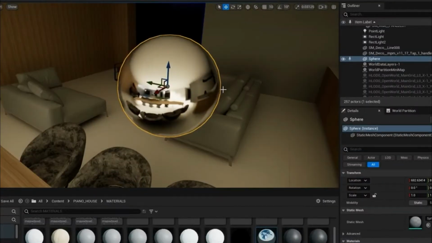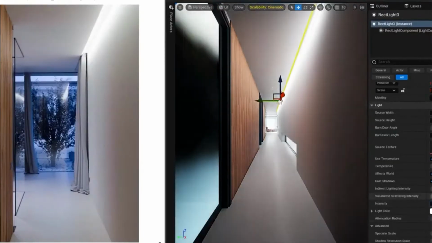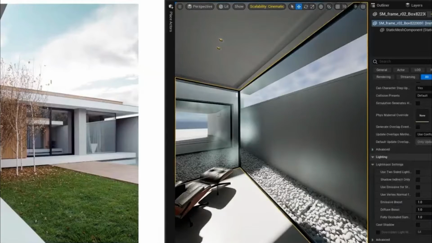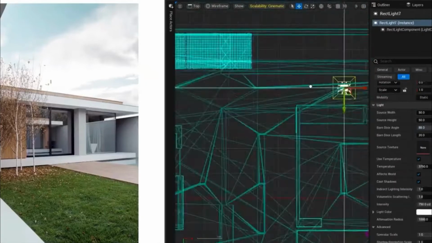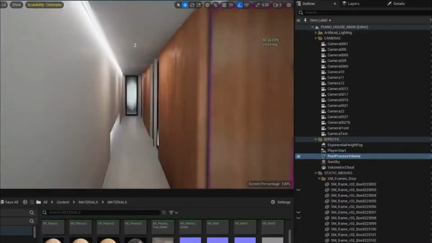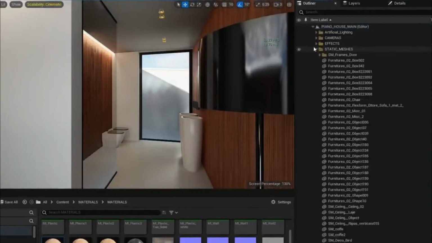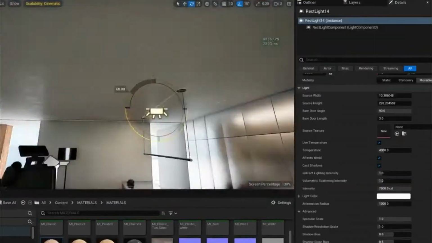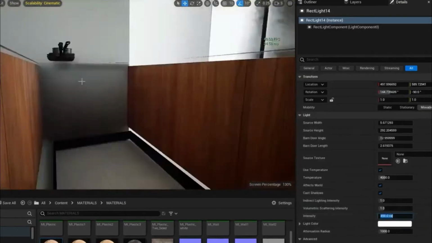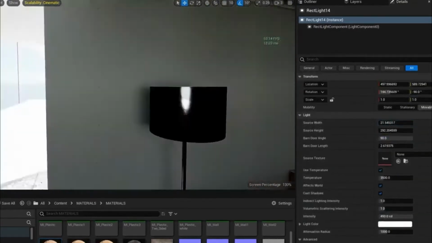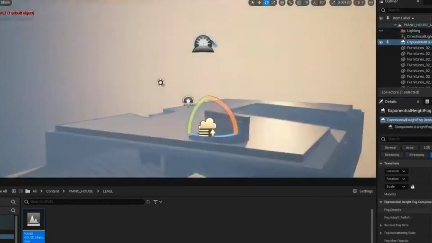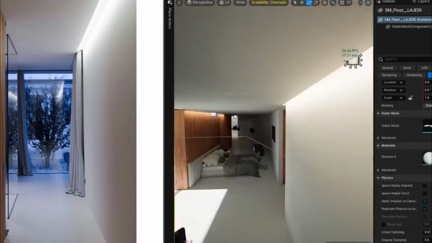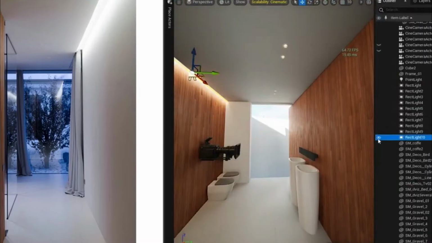Now this is a fascinating part of Unreal Engine 5. You'll be able to see how light behaves, how it bounces in real time within your scene, and believe me, it's gonna blow your mind. So we'll be learning Lumen, how to configure it, how to adjust it, how it works. Lumen is the name of an amazing tool that we're going to be using for lighting the scene in Unreal 5. We'll create the sun, the clouds, reflections, add cameras, learn photography techniques and concepts to use with our cameras,